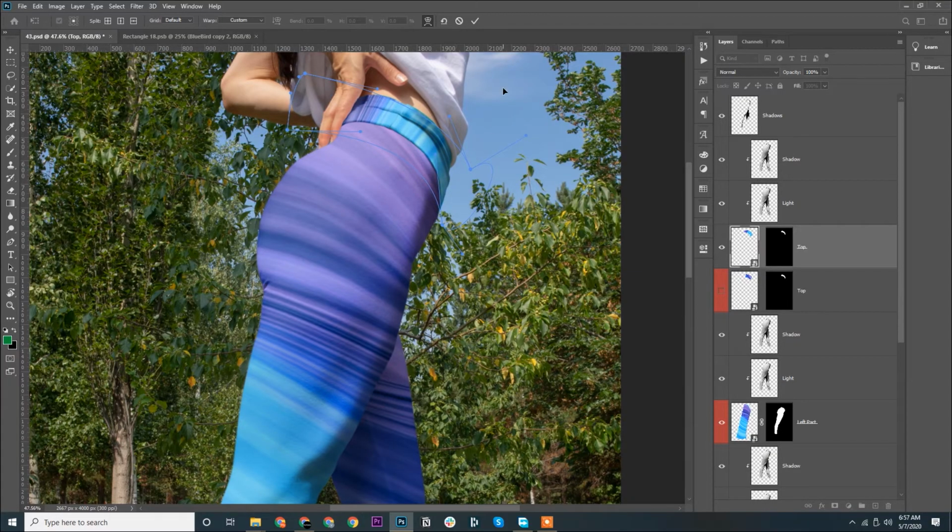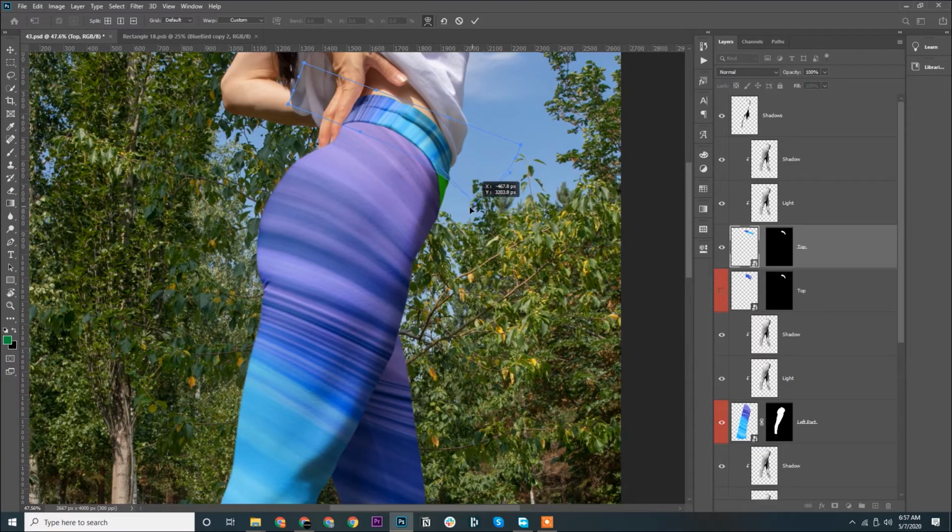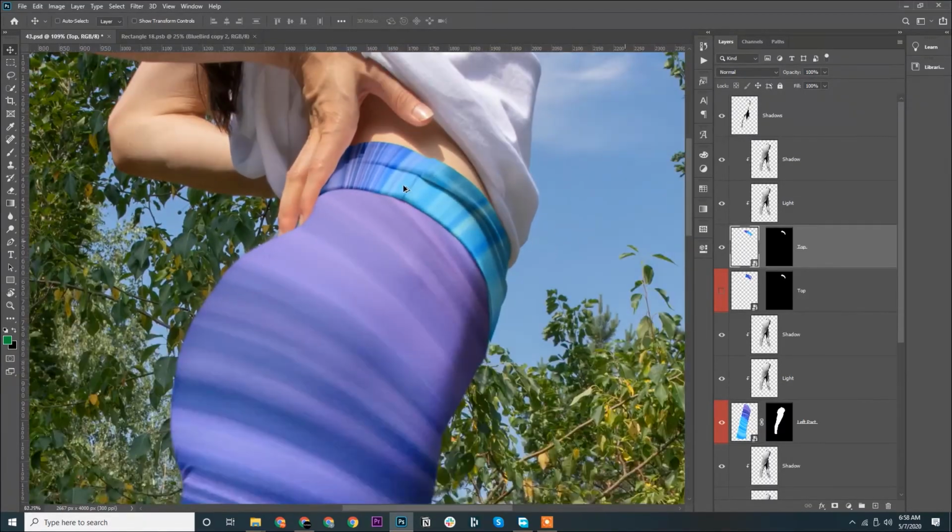I'm sorry, I'm not quite good with the warp effect, but still I'm trying to warp it out, just trying to give the fold effect so that it looks like it is already there. Okay, I guess this one is fine.